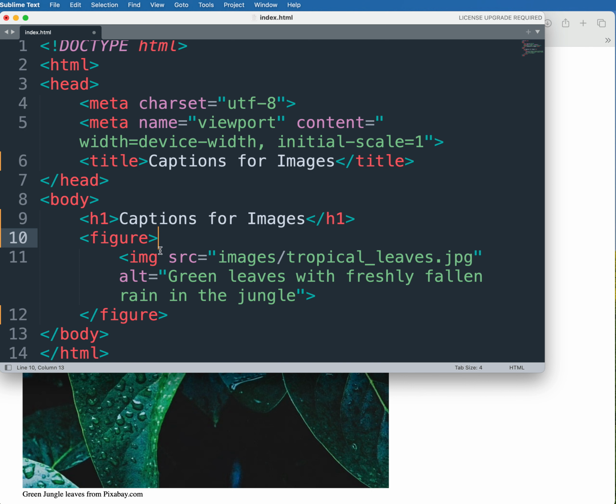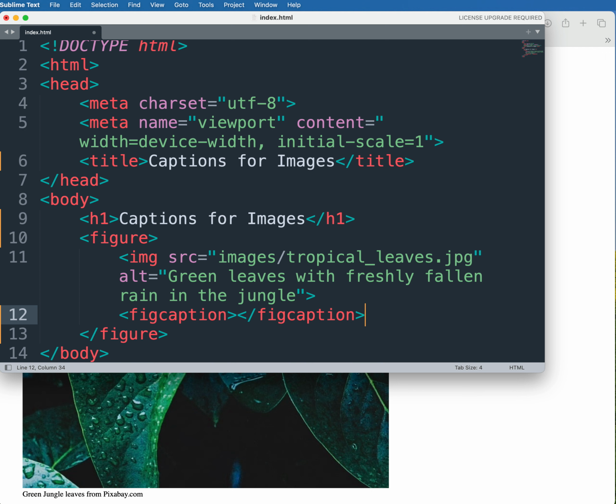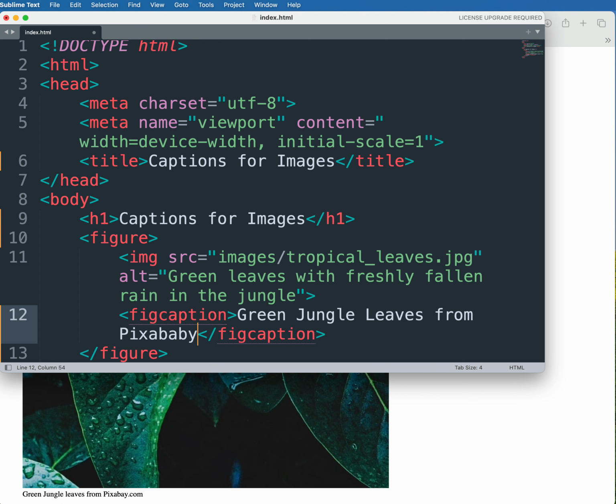One of the reasons that you can use that, and why I changed this, is because it's got an extra child element that you can use with it, and that child element is called figcaption. And that's where our caption is going to come from. So you just nest it inside there just below your image, and you write whatever you'd want to be printed on your screen. So I'm going to just pretend that this is going to be the name of my particular photo, and let's call this Green Jungle